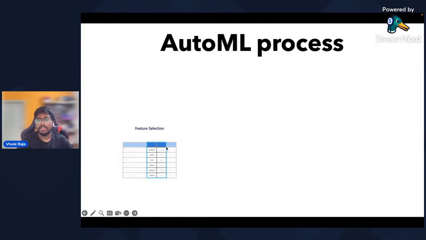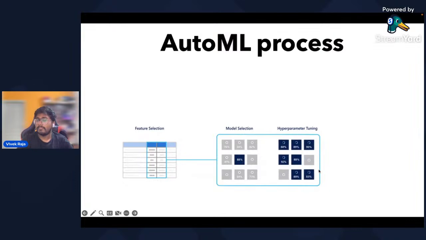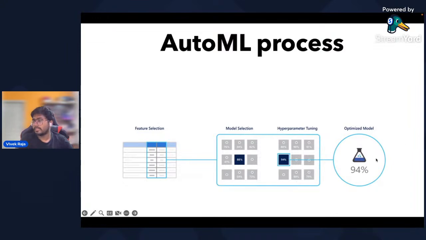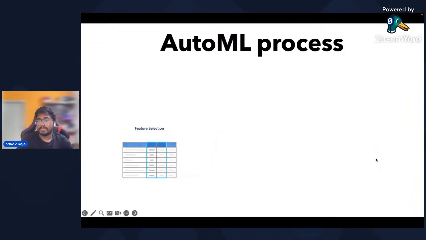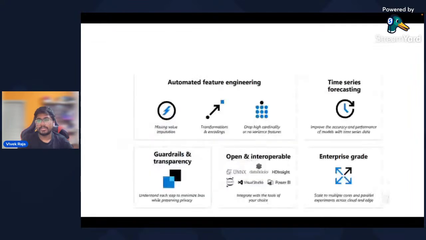Just coming back again, it does the feature selection and all that data preparation. It runs several models, several pipelines, in parallel, and selects the best model. Within the best model, it does hyperparameter tuning to give the best result, and then it gives you the best model as your output. Imagine these were things you were trying to do in a very complex manner. If a service can do it for you, that's automated machine learning. It does automated feature engineering, and it can do time series forecasting also. It gives you the results in a report format, so you can see why it made these predictions.